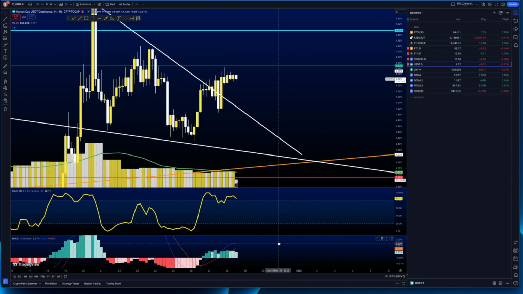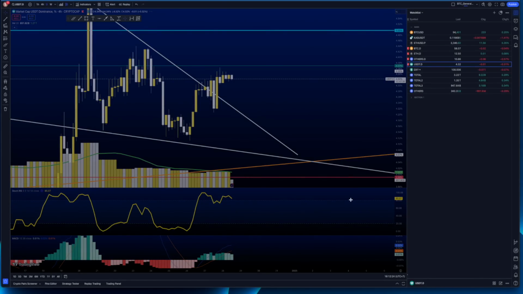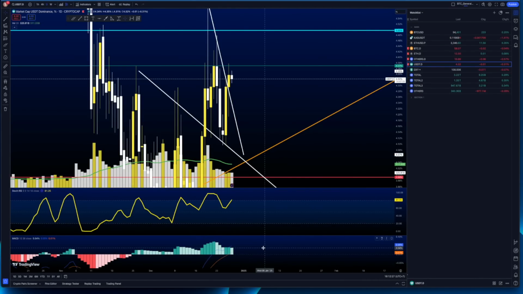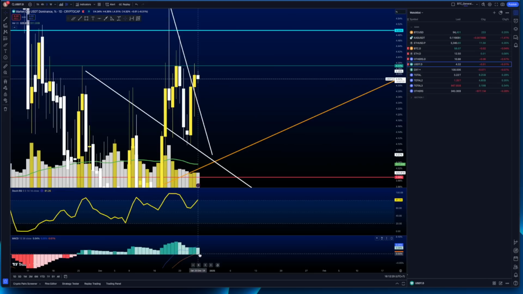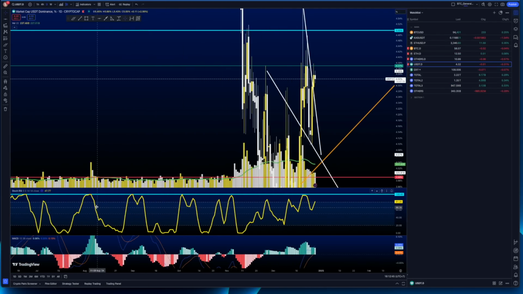Now stochastic RSI, at least on 4 hourly, is showing us that this thing might drop actually, and we've got such a curving momentum towards the downside if it comes to MACD, but that doesn't really convince me. So let's have a look at the daily time frame, guys. The daily time frame is showing us such a scenario. The question is whether momentum for MACD is going to go towards the upside or downside, right? RSI is basically showing us that we might reach this level of previous highs again, but if we do, I believe that we are going to see a significant drop, right?